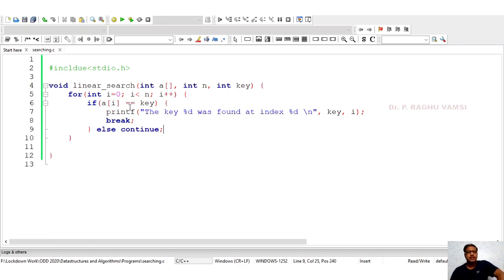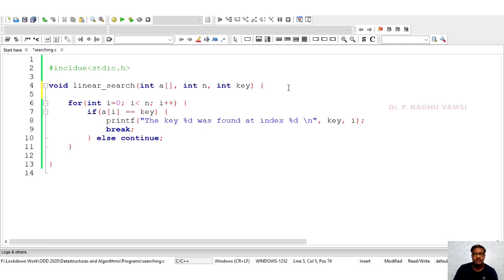Continue means if a of i is not equal to key, then this particular iteration will be skipped and we will go to the next iteration. Now, if the element is there, then it will print the element. Otherwise, it will not print whether the element is found or not, whether the element is available or not.